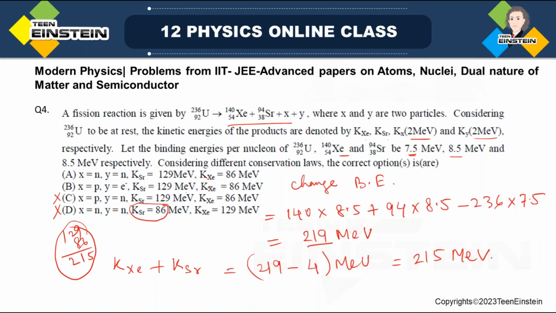The number of electron and proton before the reaction and after the reaction should be the same, just to maintain the charge neutrality. So if X is proton and Y is electron, then